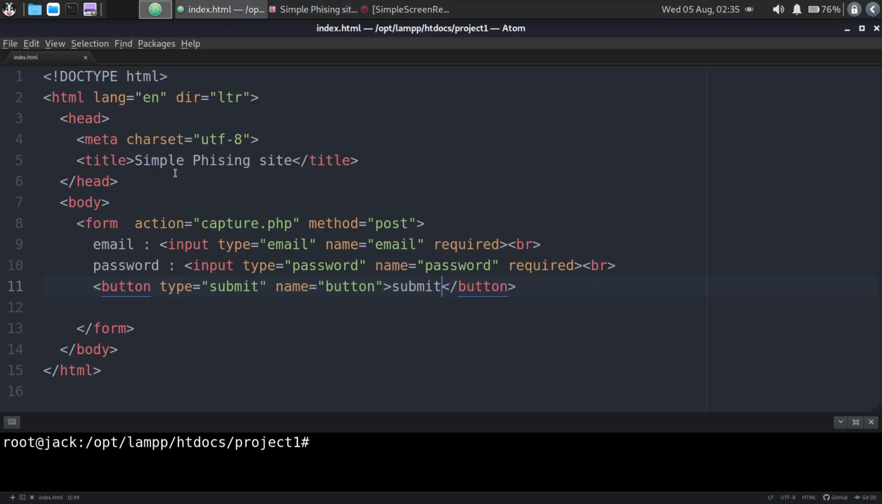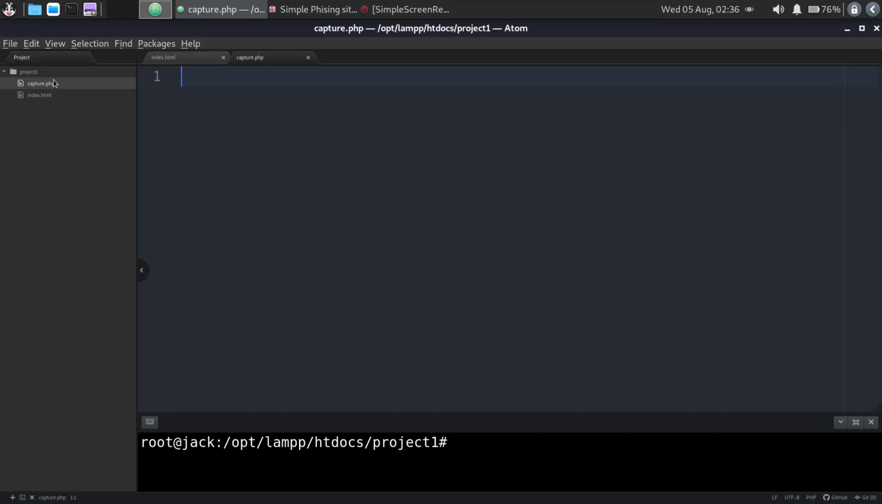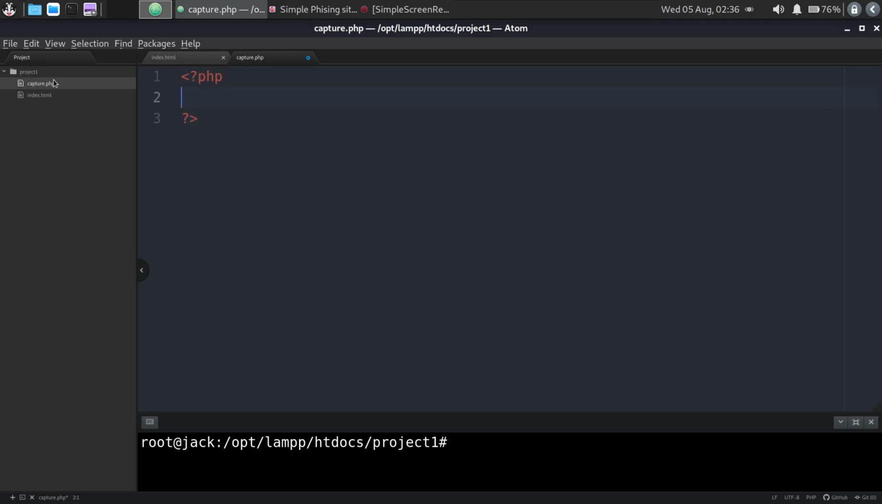So now we are going to create one more new file called capture.php, and inside this we are going to design our backend. The first thing we are going to do is get the email. We are going to make a variable called email equals to $_POST. POST is a global variable, so inside this we are going to give email. This email is the name we have given inside our index.html file, and then one more variable called password